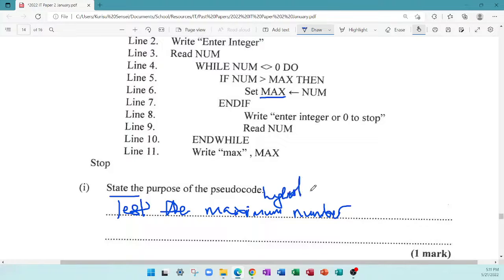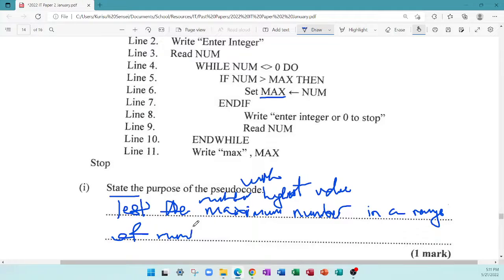That would sound better grammatically. The purpose is to test the number with the highest value in a range